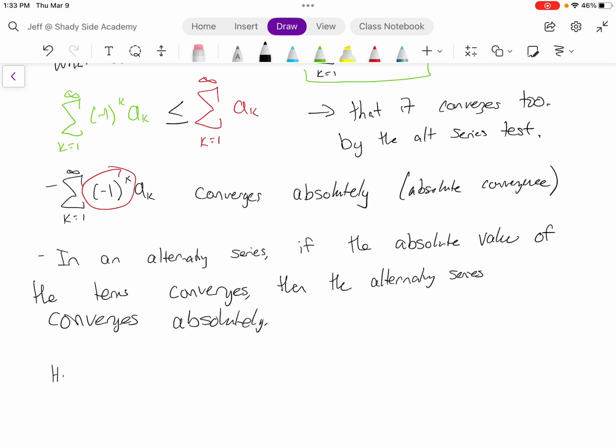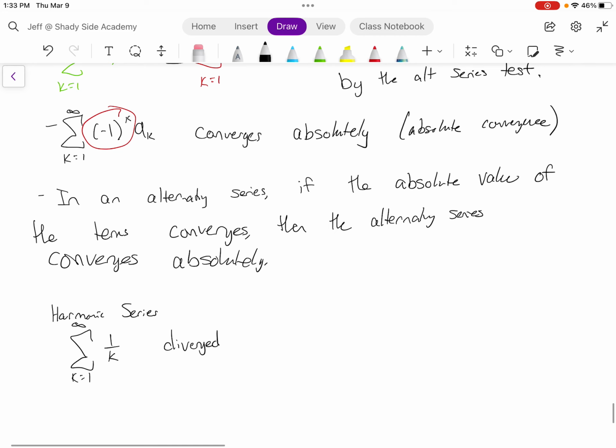We looked at our harmonic series, the sum from k equals 1 to infinity of 1 over k. We said that diverged, right? That diverged by the p-test, where p is 1, or by the integral test, where we took that integral, and that became ln, and it marched off to infinity. So this guy diverged. But we saw in class the other day, I think we did 1 over 6k maybe,